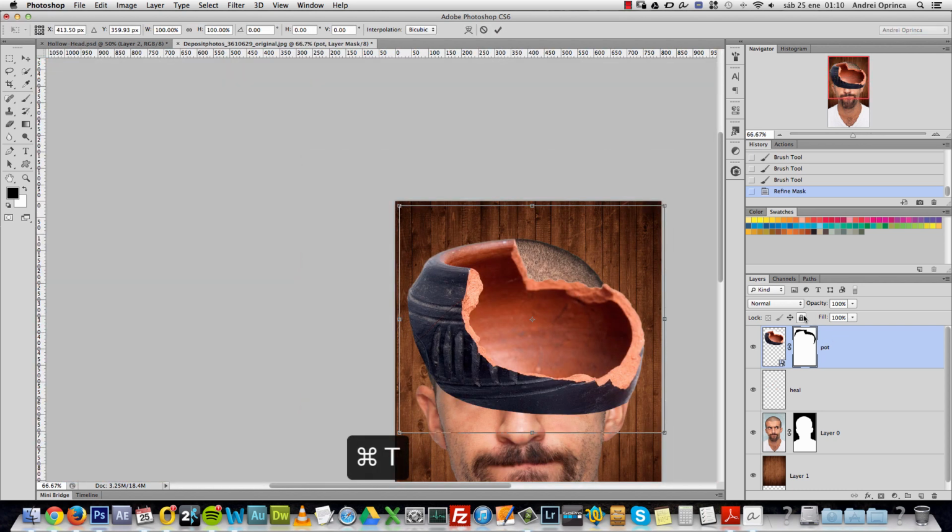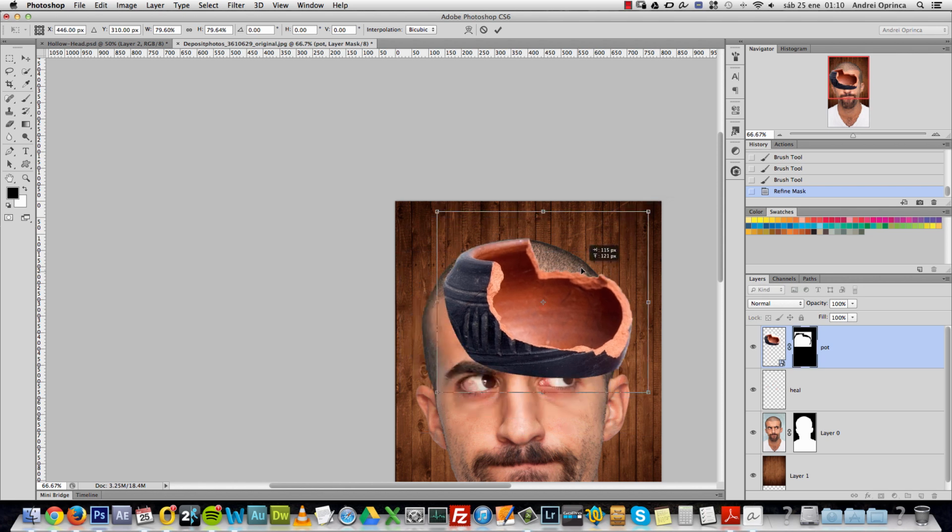Now what I will do is press Ctrl Command T, and you will notice something. Once you create a layer mask, when you press Ctrl Command T, remember that it was at about 30% of the original size, and now it's back to 100%, and that's because it takes the whole image and it considers the layer mask as being 100% of the size of the layer. So when you resize this, the quality of the pot itself stays the same, but the quality of the mask drops a bit. But it's not noticeable, so